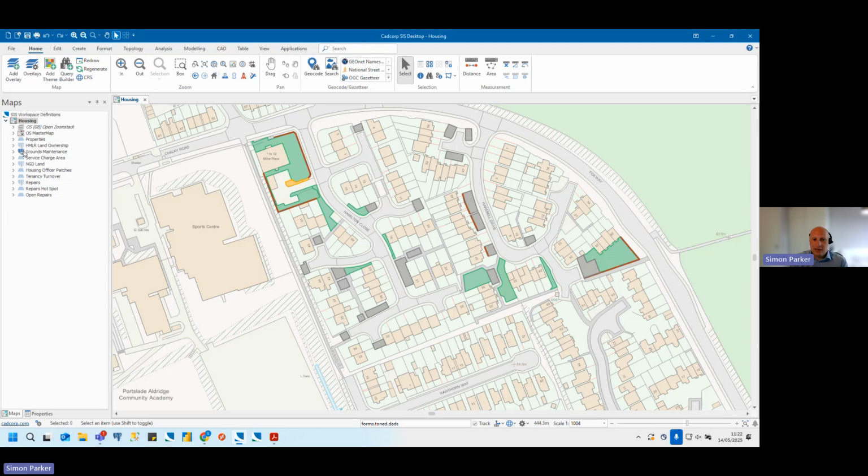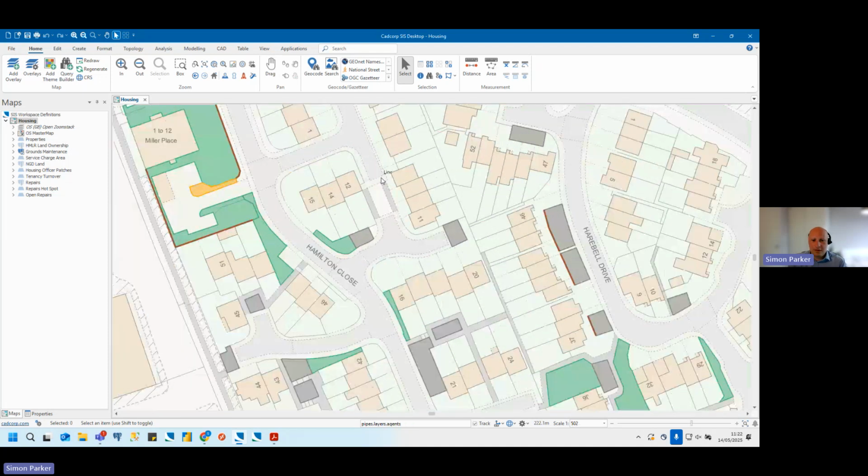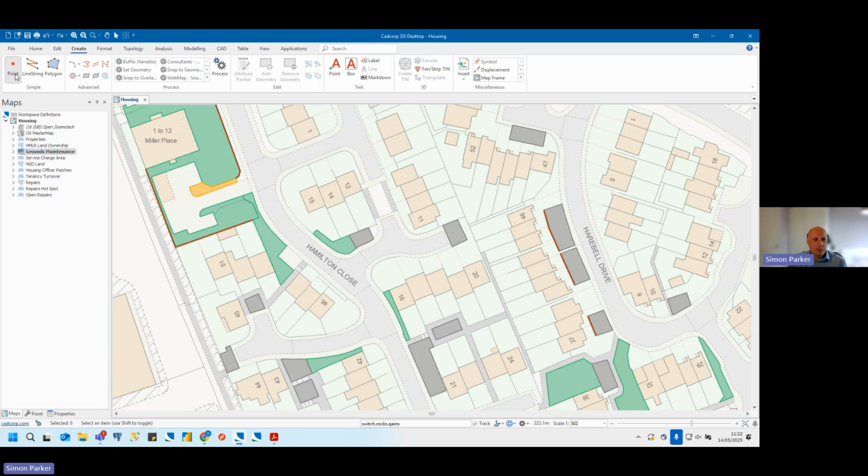And that's where the value add comes in from the MasterMap data, because you can digitize your grounds maintenance data with that background map. And in the software, there are lots of different options to do this. I will show you a very quick example using a clever process I've created in this project. So here we've got this land parcel on the map. This is an area of grass that we cut. I want to add that to our records. So I'm going to go to the Create tab, use this little point option here. I can click anywhere on the mapping, and it grabs that parcel and then copies it into my grounds maintenance